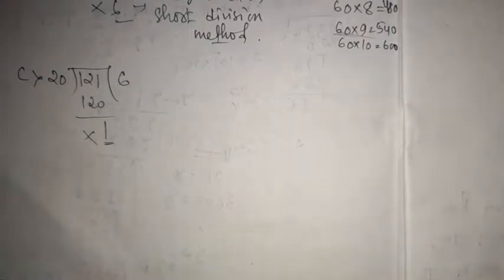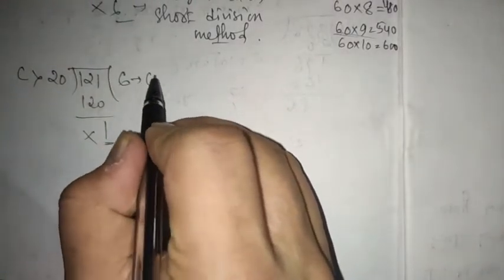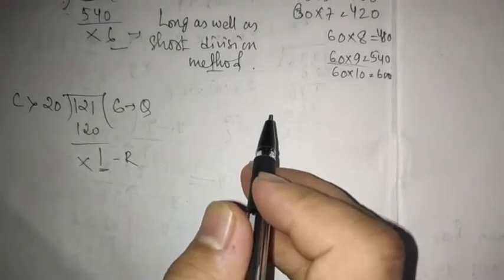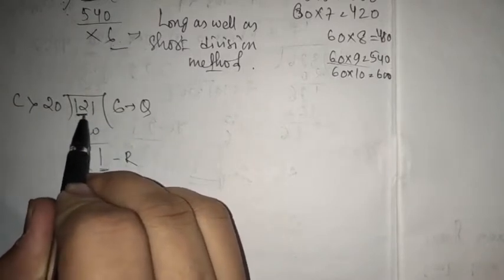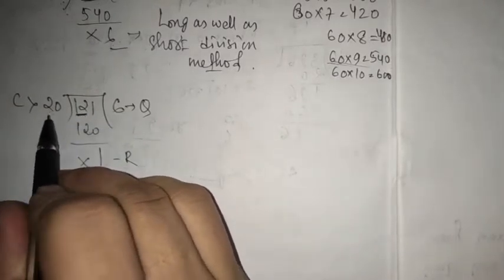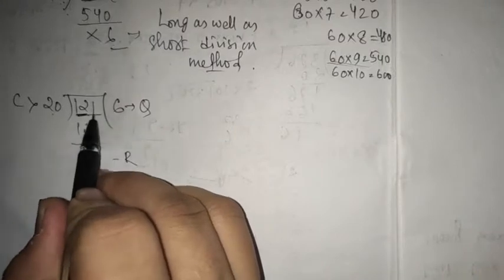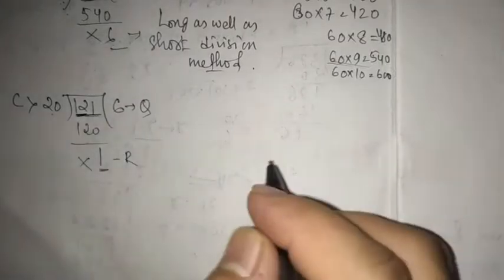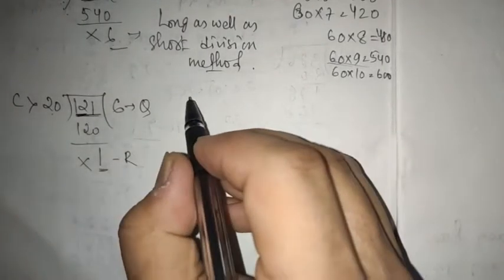You cannot divide this 1 now. So this 6 will be the quotient and 1 the remainder. So the same answer will be there in the long as well as the short division method. This is the only one. There is no other method because 2 digits we cannot consider, because here 20 is greater than 12. So we have to consider the 3 digits, so 6 times 20 is 120. So let us now proceed to number F.